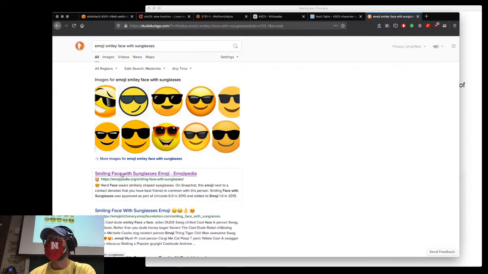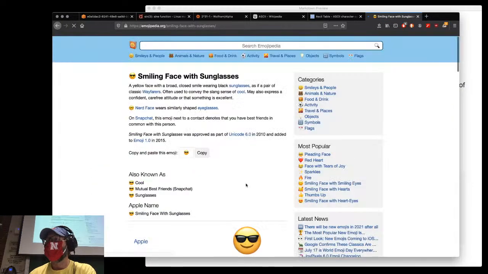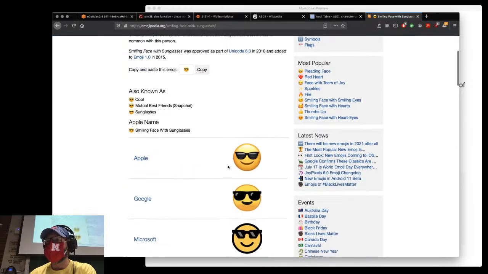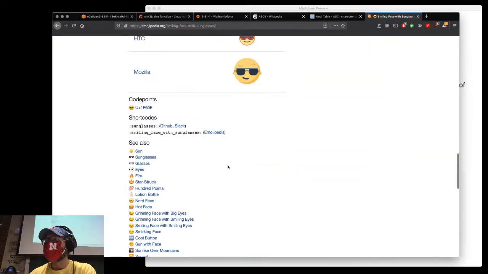There we go. Well, here, smiling face with sunglasses emoji. That also has a numerical value associated with it. Are they going to tell us what it is? There's the numerical value associated with it. The U there is indicating that it's a Unicode character, UTF-8 or whatever the standard is, and then it's in hexadecimal,